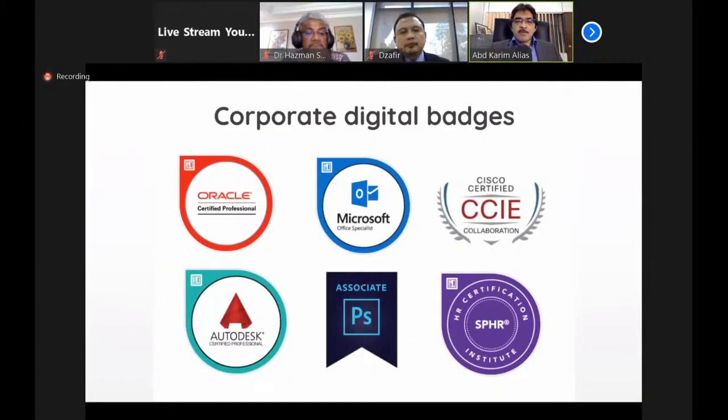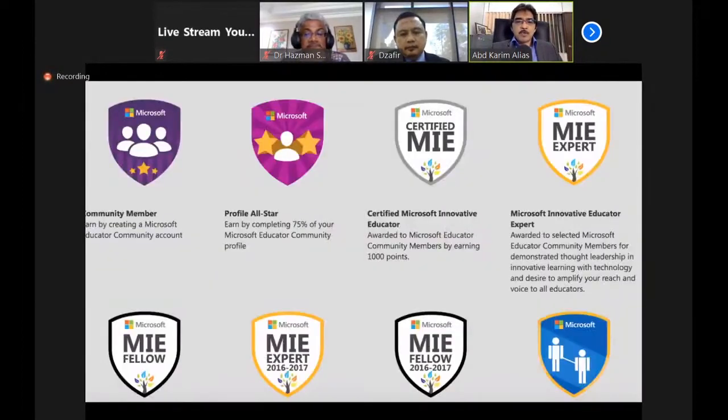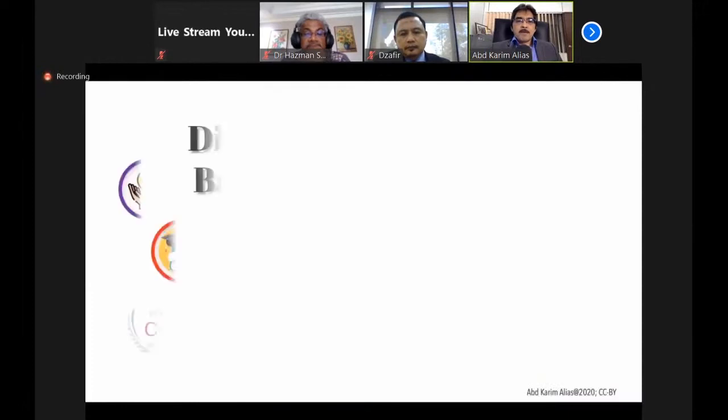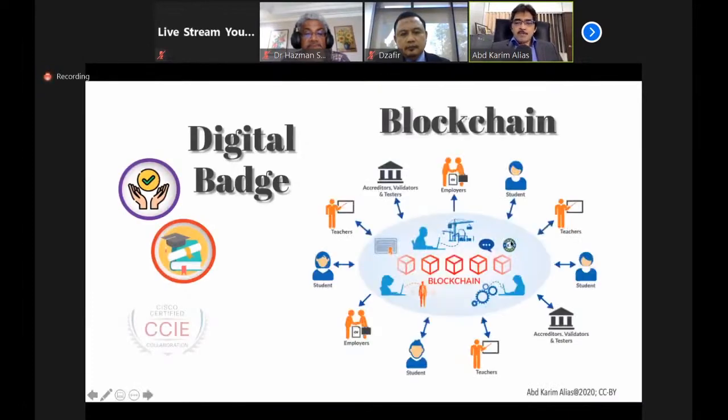And these are examples of real badges, the corporate digital badges from Microsoft, Oracle, Cisco, and these are from Microsoft. And if we use a digital badge that already has the blockchain behind it, this becomes very convenient, where the employer or prospective employer can verify that the digital badge is not fake.